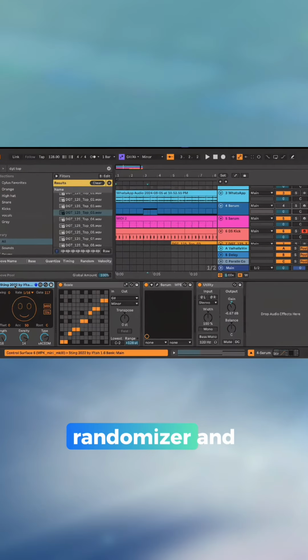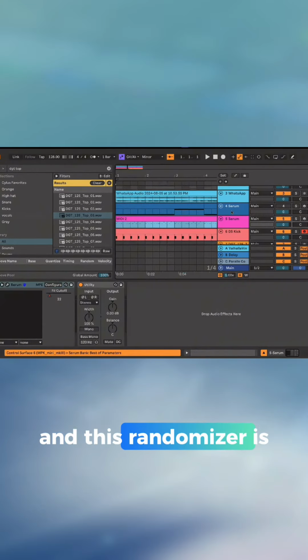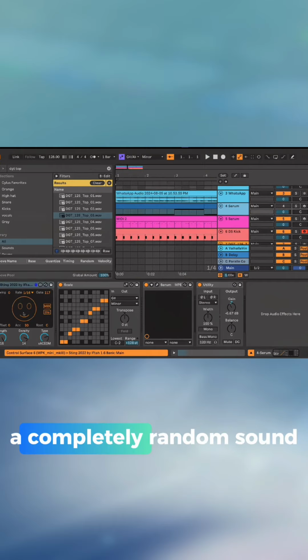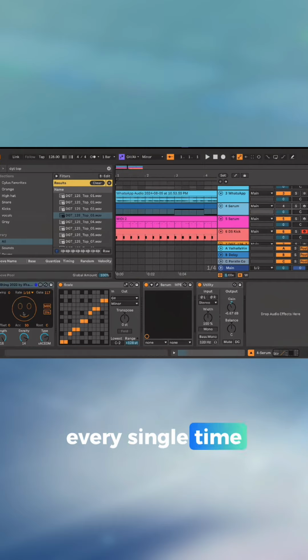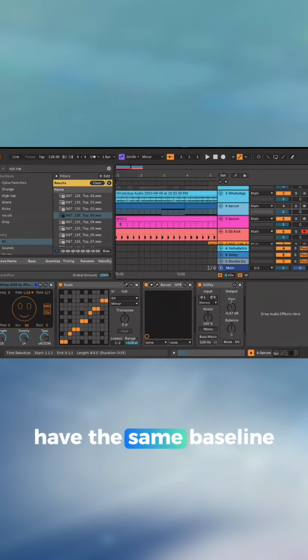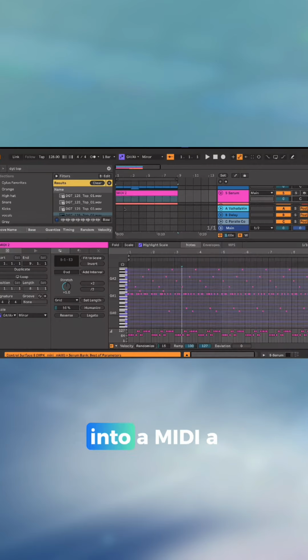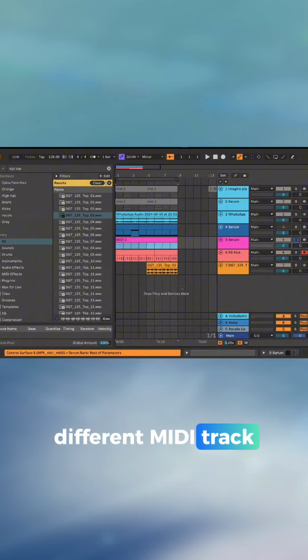And this is a randomizer. This simple randomizer is creating a completely random sound every single time. So nobody will ever have the same bass line as me. Bass line, and I print it into a MIDI, a different MIDI track